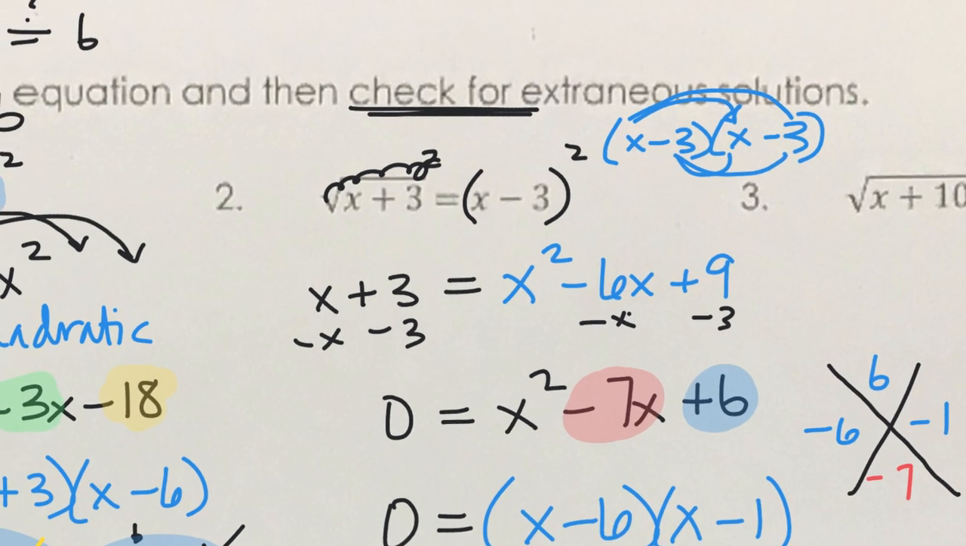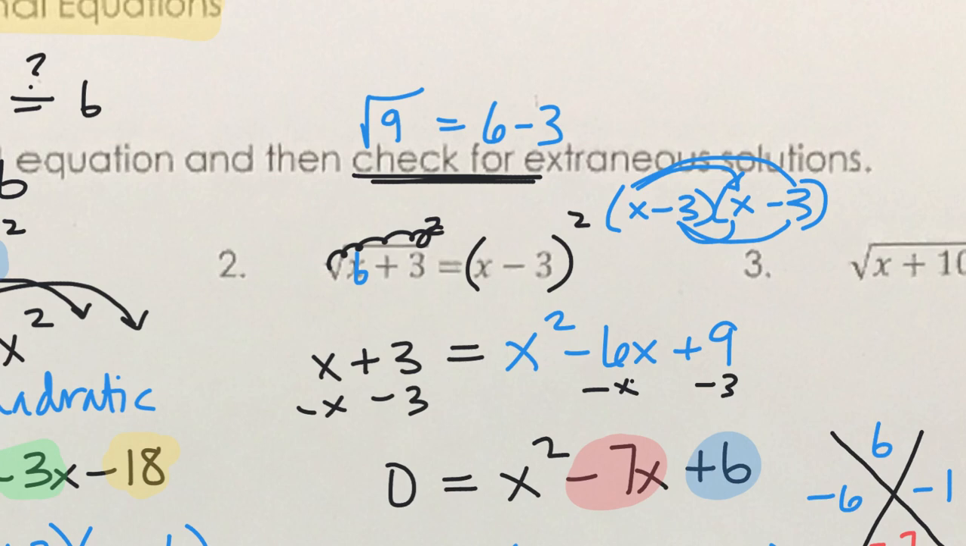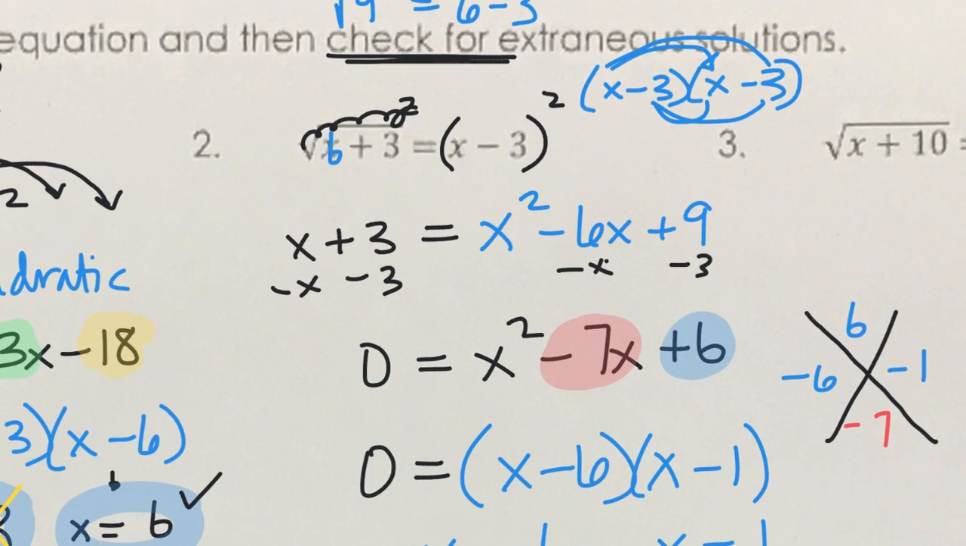So if we plug in a 6 into here, 6 plus 3, well, that's 9. Is that the same thing as 6 minus 3? The square root of 9 is 3. 6 minus 3 is 3. So positive 6 looks like it's going to be a fantastic solution. That one works. But how about